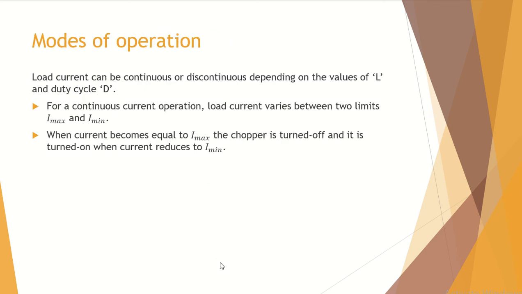What happens when the switch is off, when we open the switch? As we have discussed in the rectifier also, we have two types of mode. We have a continuous current mode and a discontinuous current mode. So again here also, when the switch is open, we have two types of mode. We have the continuous current mode and we have a discontinuous current mode.